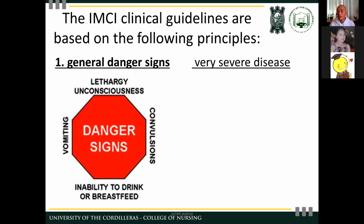So if the child is not able to breastfeed in 2 hours, in 4 hours, 8 hours, okay, that is a danger sign already, and there will be a need, okay, to force fluids in the child. It can be through force feeding, IV, okay, depende sa intervention. Another danger sign is your CNS problems causing convulsions. Pag nagkukonvulsion, your patient is seizuring, okay, it is a danger sign, okay, and there is a need